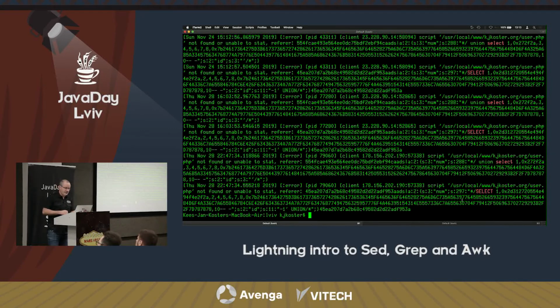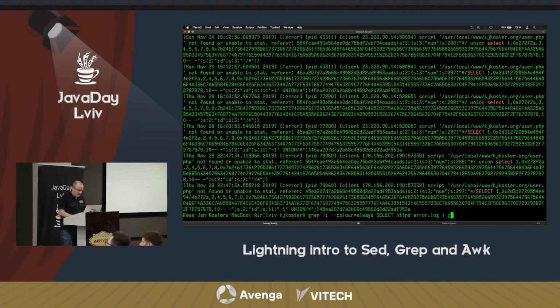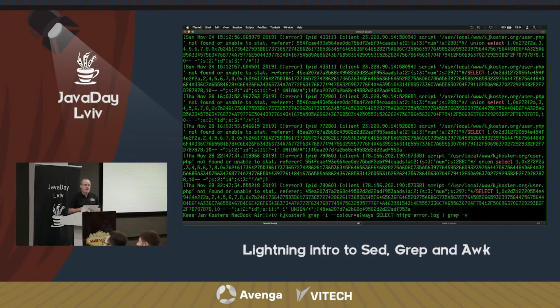So for example, this one, the select here, has a union here. So again, this all looks similar, maybe there's something else going on. There's a form of grep which is called minus v. Minus v inverts the filter. So what it does, it filters everything out that matches the filter rather than showing what matches the filter. And these two are very powerful together. So if I filter out union,